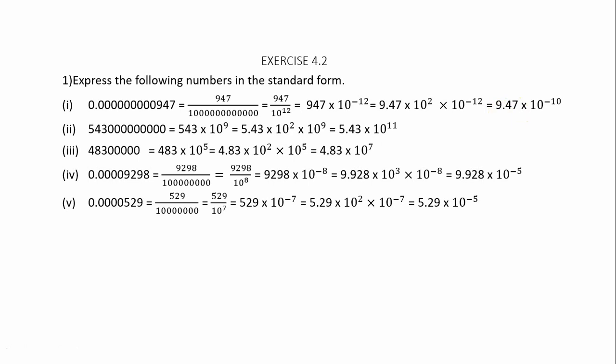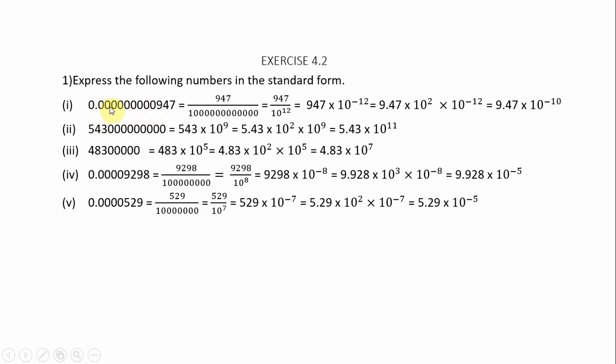What is that? Before the decimal you need to have a single number. That is the first condition, and the second condition is expressing it in the form of powers of 10. Express them in the powers of 10. These are the two conditions. So here you are given 0.000000000, what does that mean? How many zeros have I studied?